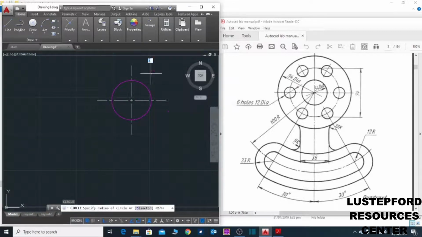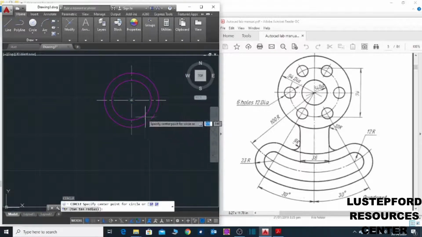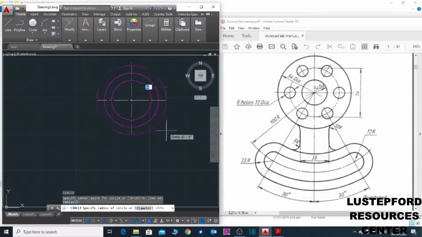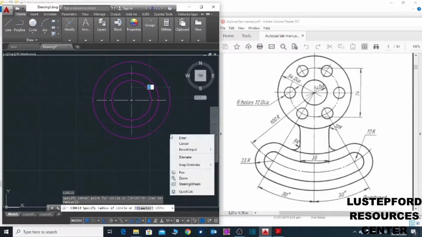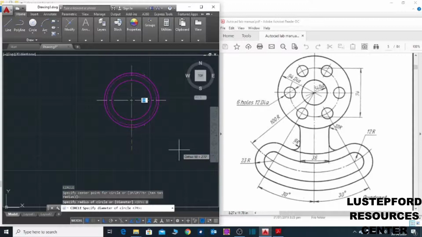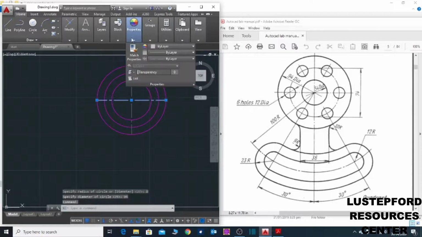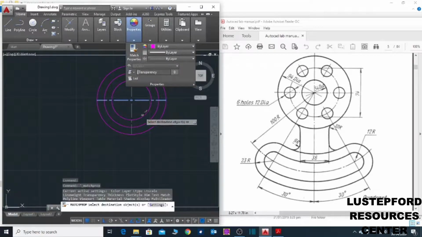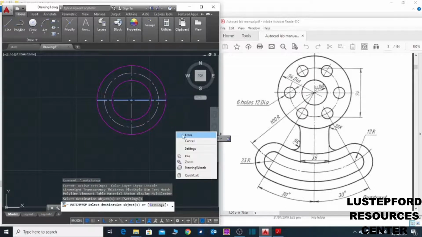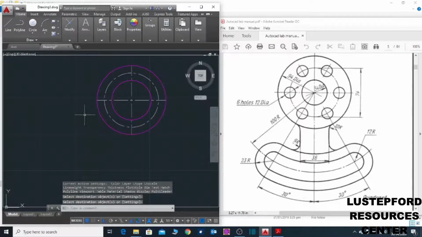Select the center of these circles, right click, diameter, type in 94. Select this one, select match property, select this because that one is on a center line layer.